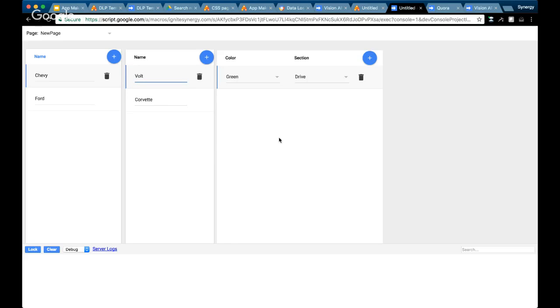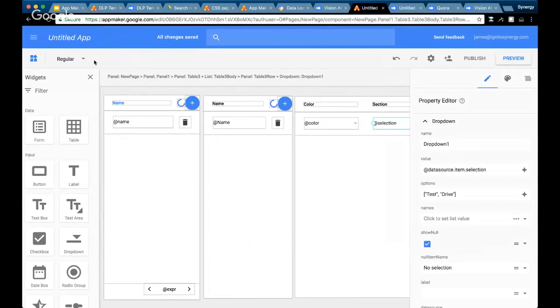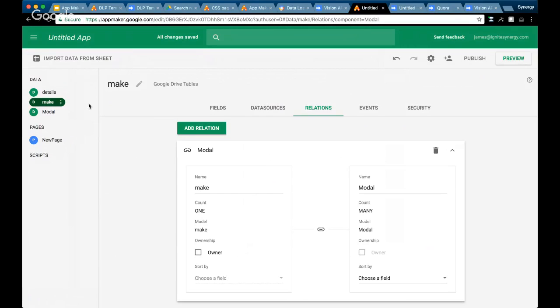Yep. Oh, nice. Now another way, and this is going to get a little bit kind of, it seems like it goes in a circle. So let's say we wanted to also have the make in there, and this will kind of show two things at once. So we know we have a couple things in our make